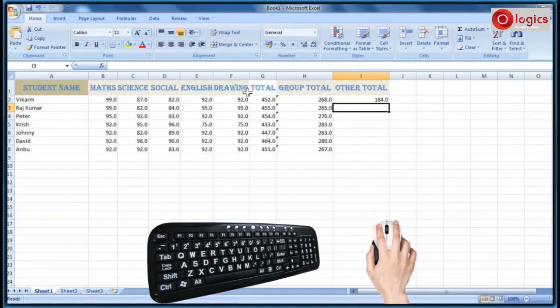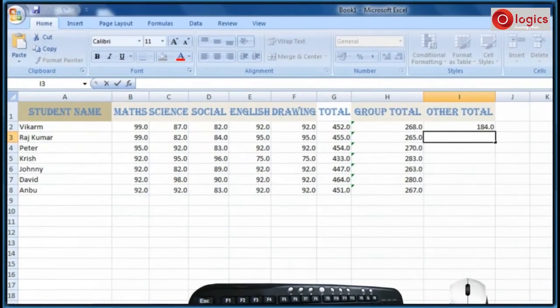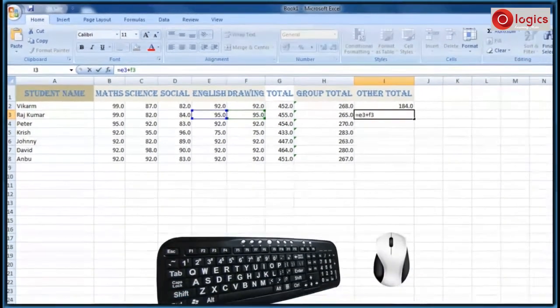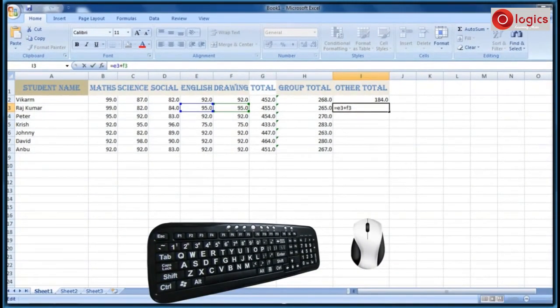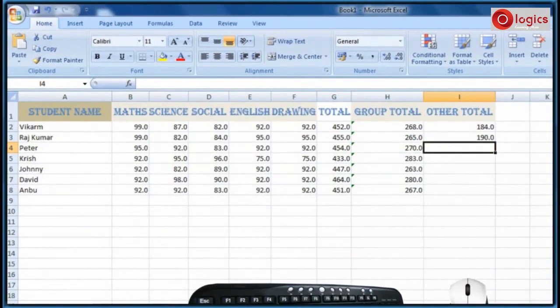Similarly, here I am going to calculate the sum of two cells, E3 plus F3. Don't forget to type is equal to in the beginning. Press enter to get the sum value in the cell. Do the same procedure. This time calculate the total for cells E4 and F4.